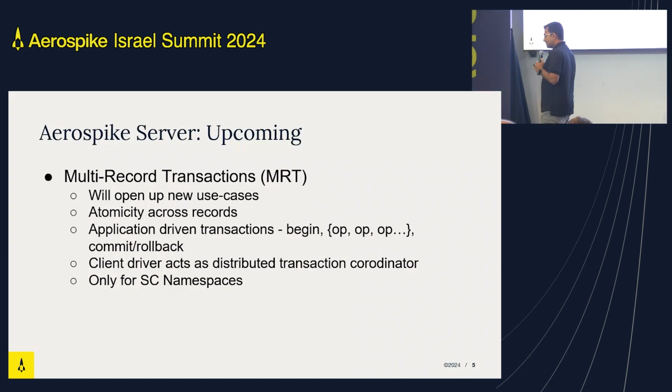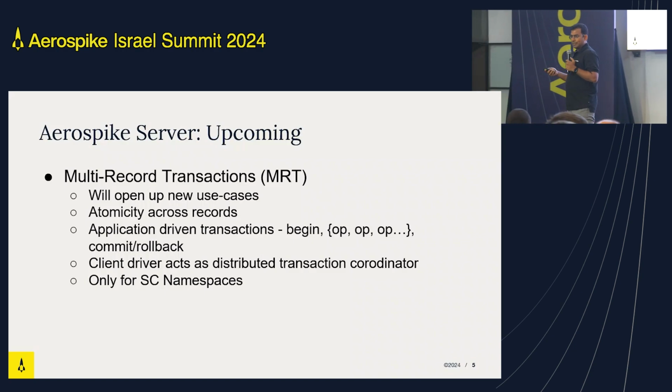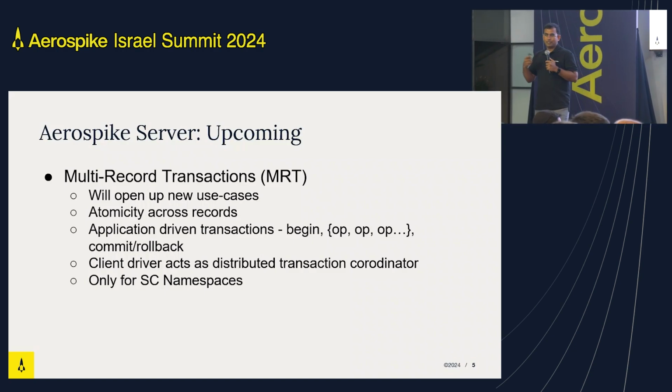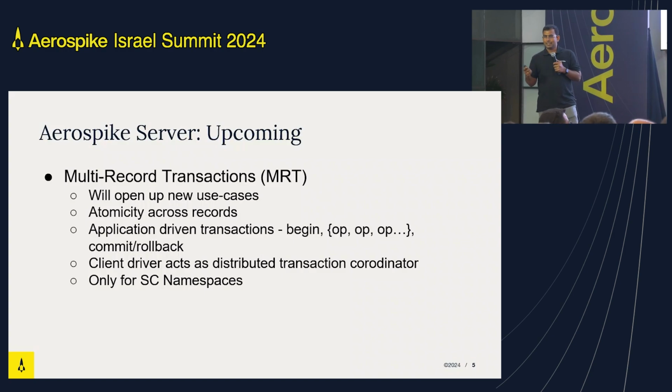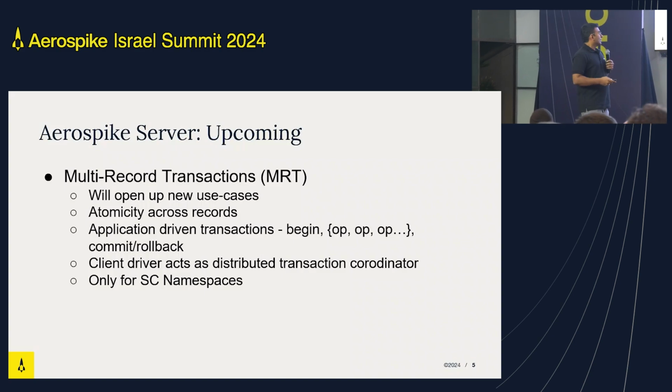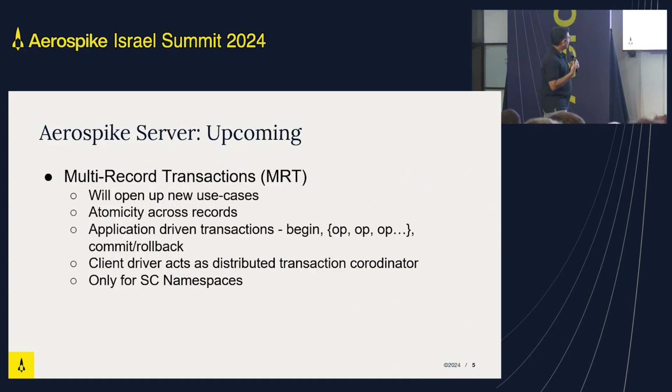When the application decides it wants to go ahead and commit, it will say I want to commit. Or if, based on some checks, you want to abort the transaction, you can say no, I don't want to proceed, and simply roll back. This is standard stuff, like what you will see in JDBC drivers, things like that. Okay, so yeah,